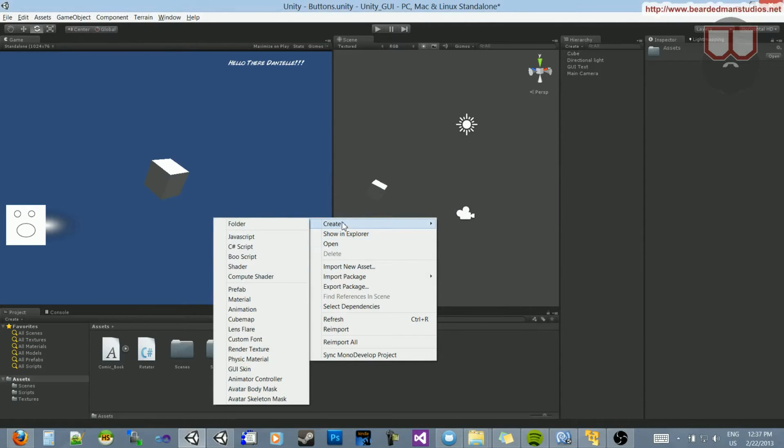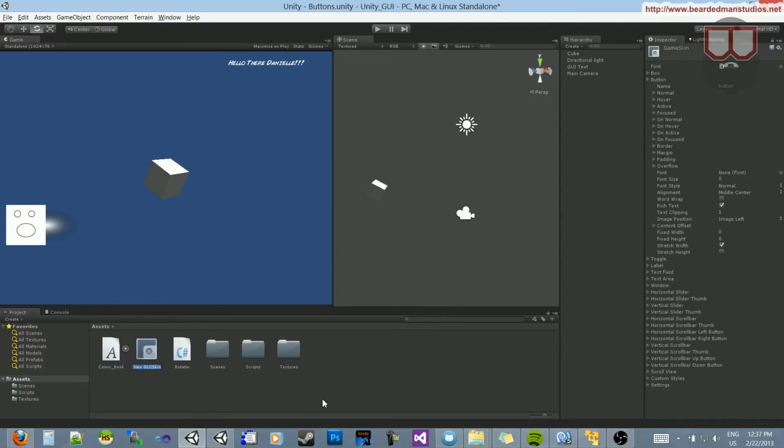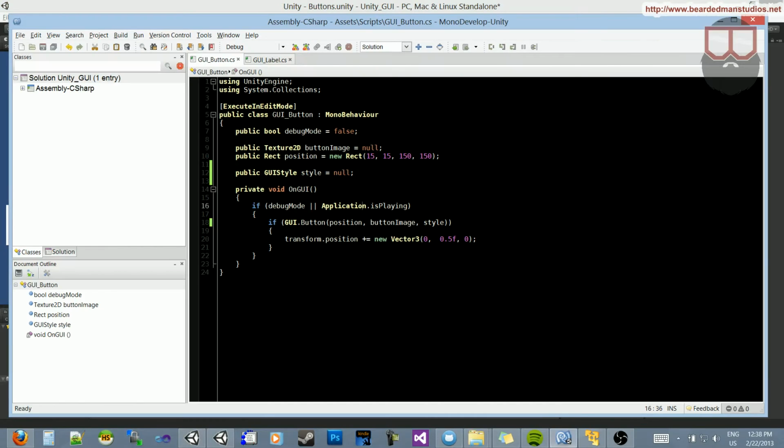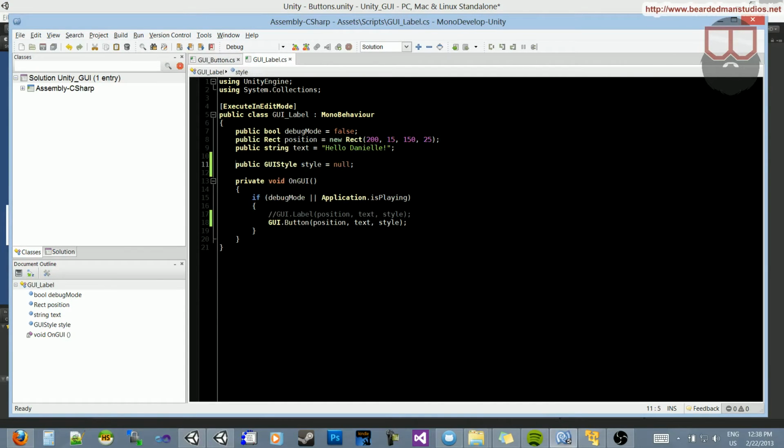If you right click create, you'll see there is a GUI skin down here, and I'm going to call it example. So what is the GUI skin for if we can change the font and everything directly on the script itself? Well, let's jump into our label script and let's comment out